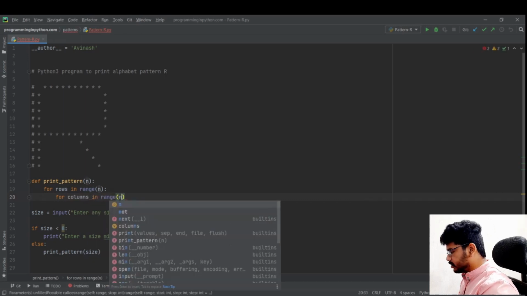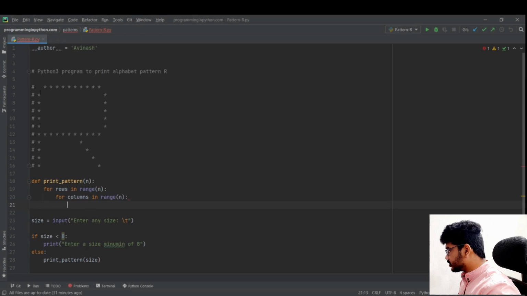Now if you see, we have 5 conditions: the first row, first column, middle row, last row, last column, and this tail, the arc tail. All these conditions I have explained on the whiteboard. So now let me write this here so that we can execute. Let me write with the first row.